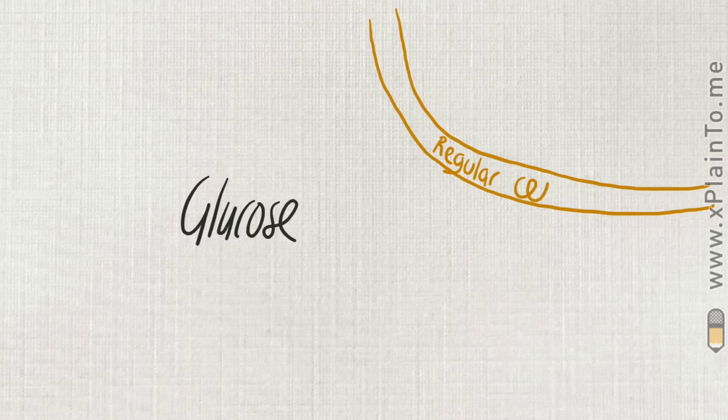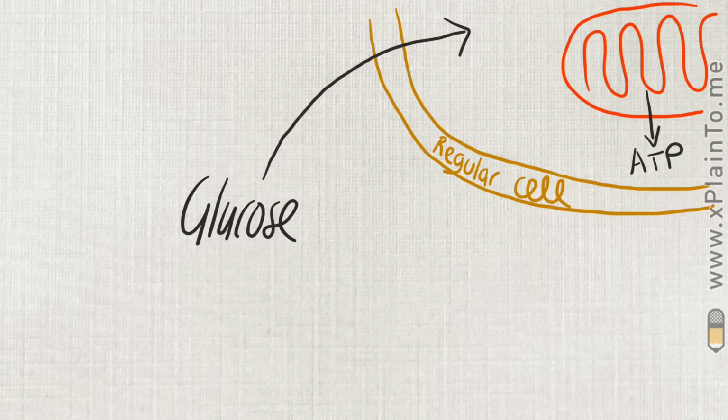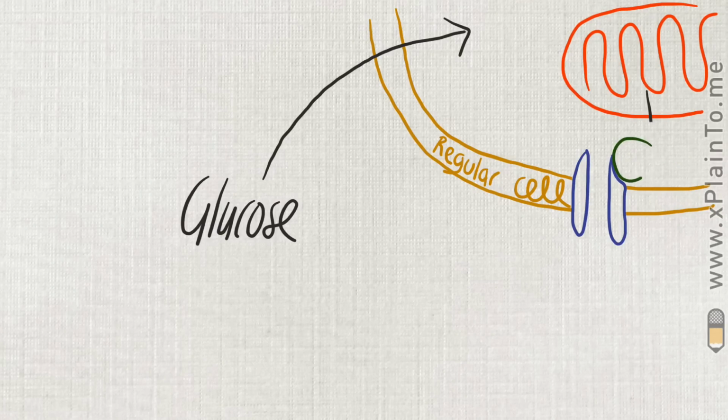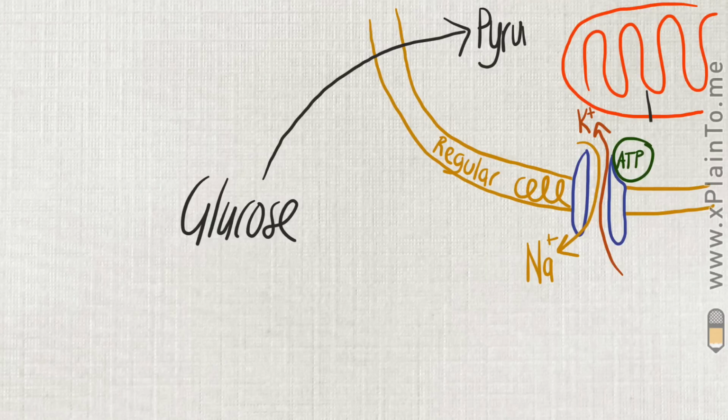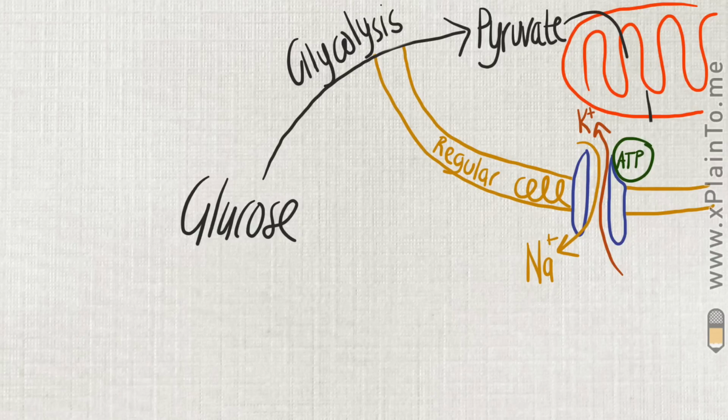Glucose in the body. Glucose is used by cells to generate ATP. ATP is used to drive many cellular activities such as the sodium-potassium pump. Glucose enters the cell and is turned into pyruvate. This is called glycolysis. The pyruvate can then be taken into the mitochondria and transformed into approximately 34 units of